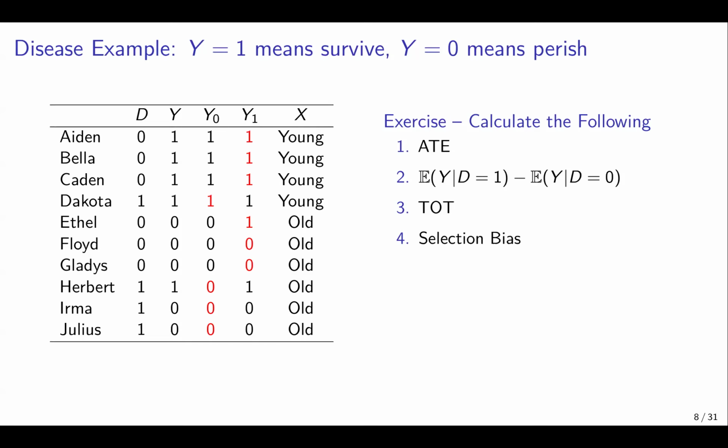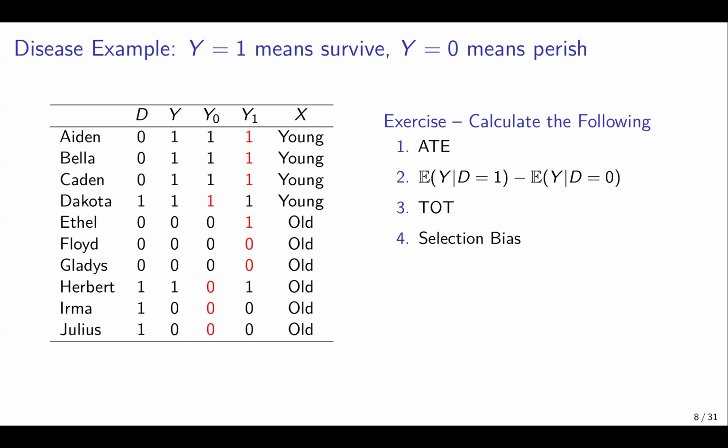Now, what I have done here is, first of all, I have made a list of names, A, B, C, D, E, F, G, H, I, J. And for each of these people, I'm going to tell you whether they were treated or not. So that's the first column, D. I'm going to tell you whether they lived or died. That's Y. And I'm also going to tell you their potential outcomes. So here's the idea. The idea is that there is some dangerous disease and you could die, and then we're going to have a drug,